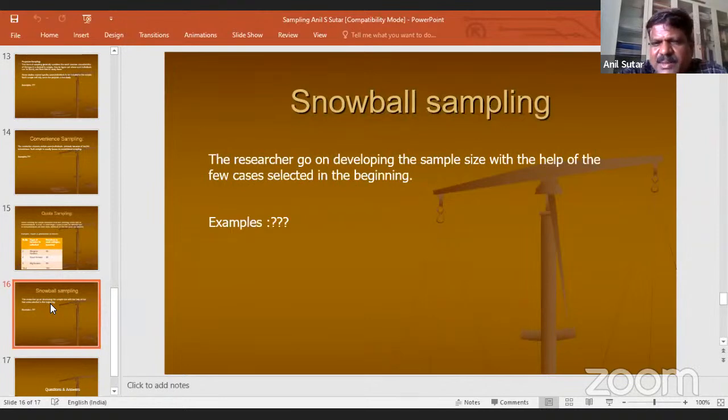But the method, when you say snowball sampling method, how it works, the metaphor snowball is used here. In a Western country, especially in Northern Europe countries like Finland, Sweden, and all, where hailstorm, ice is quite common.